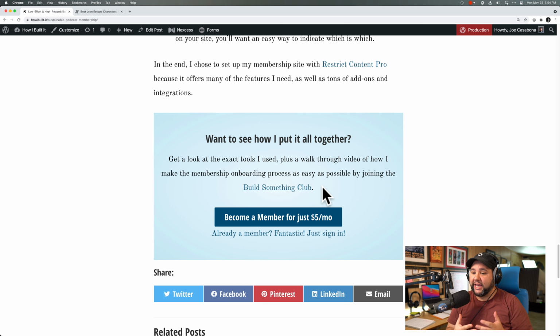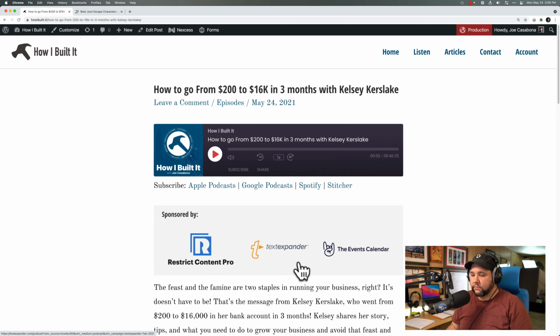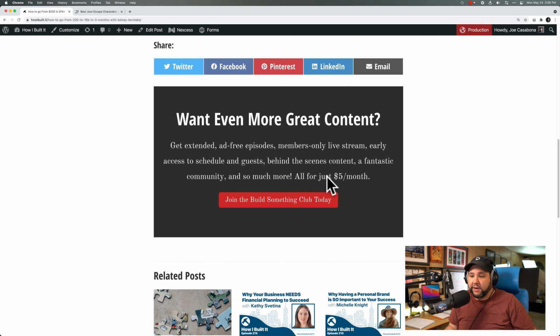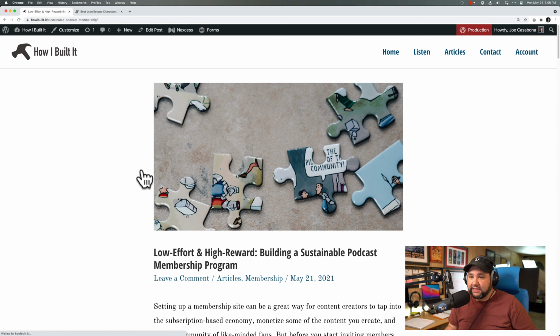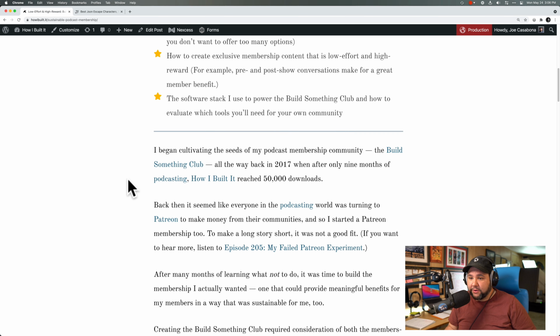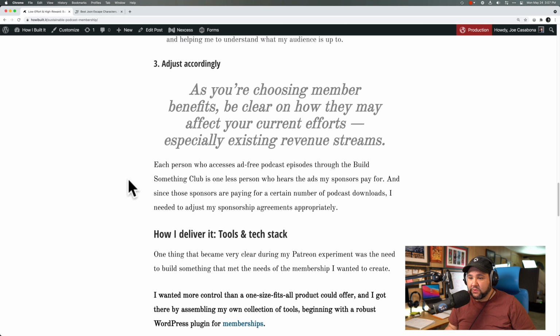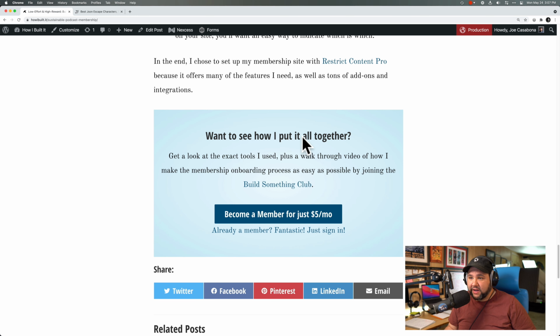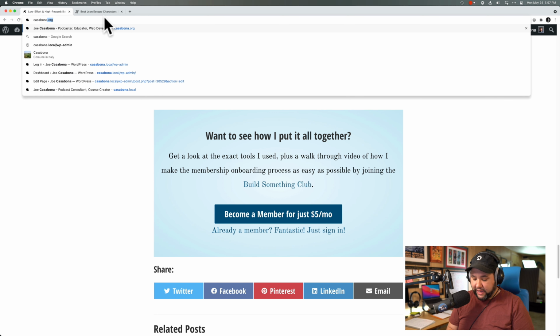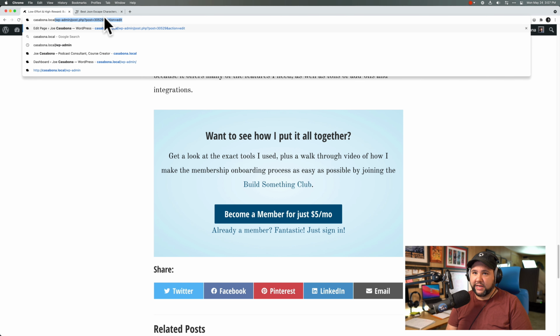So I could use a reusable block that says, hey, you want more content? Join the Build Something Club, which I actually do at the bottom of my podcast episode. So this is a reusable block because it is the same every time. But for posts or these blocks where I have content that I want to change, I want to have a block pattern. So I'm going to show you how to do that on my local site here. So we'll go to casabona.local,